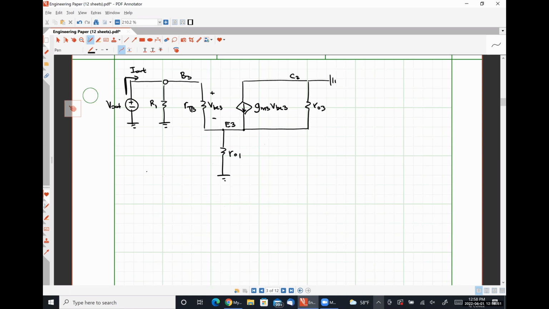So if I apply Kirchhoff's current law, I can see that I out is equal to V out over R1 plus,